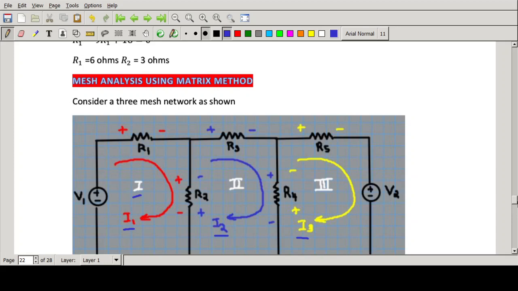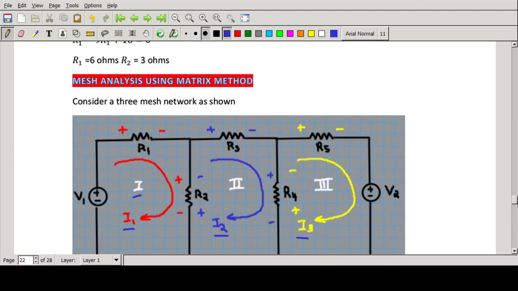So in today's session, we will discuss mesh analysis using the matrix method. In the previous session, we discussed mesh analysis. There we wrote the various equations and then solved them using the usual method. Now let's see if there is any other simple method, because writing the equations is rather difficult. It is very easy to make mistakes, right? If one sign goes wrong, then the whole problem will go wrong, right? So we will see if there is any other method. That is what we are going to see in this matrix method.